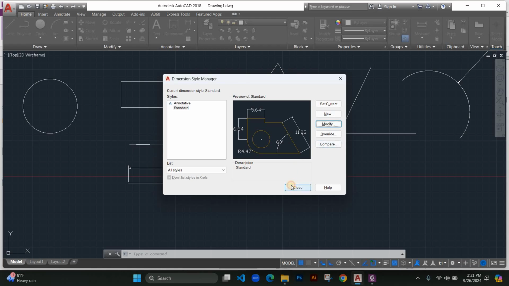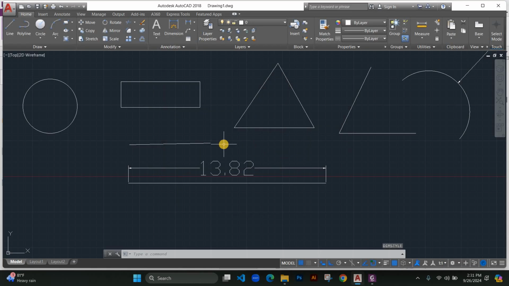For today, let's now continue with other dimensions. Yeah, so let me first reduce my